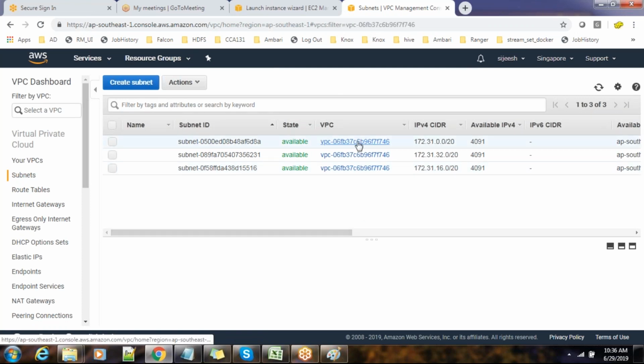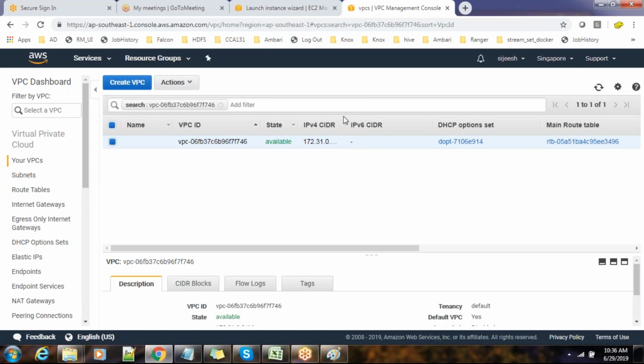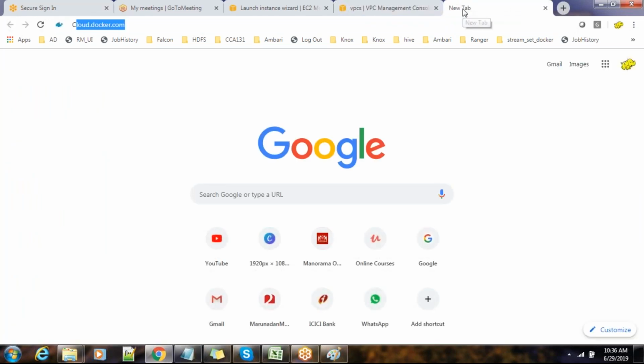So this is the VPC. If you go to the VPC, each VPC has some CIDR IP range. That means whatever machines are available in this VPC can be assigned only these IPs. So CIDR is like a network,